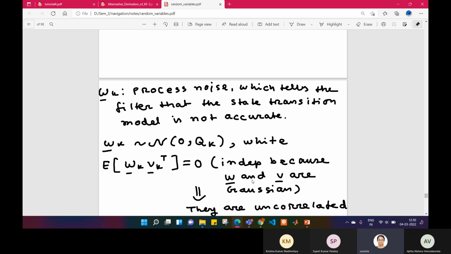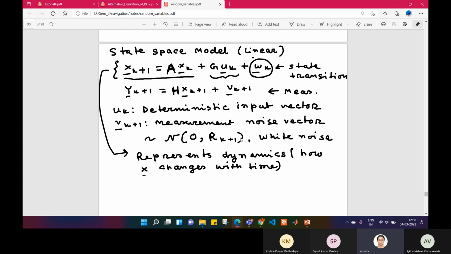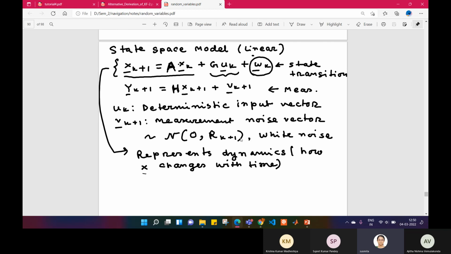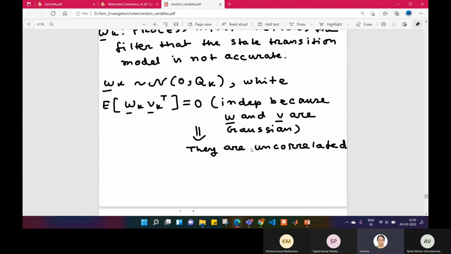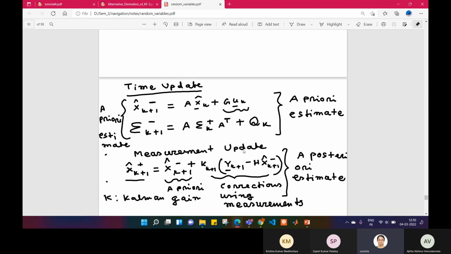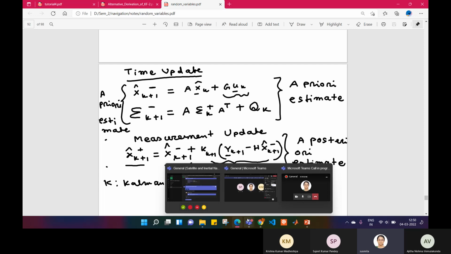The rest is straightforward. Once you form the state transition model, you identify the R and Q matrices. You just need to use the equations recursively, the way you did for MMSE. That is also a recursive way of doing it, right? Yes, ma'am, using one measurement at a time, because the formulation was like that in that problem. In the Kalman filter also, you will process one measurement at a time. So do it, and then you also need to derive some conclusion from the results, comparing the results. Yes, ma'am. So complete that.